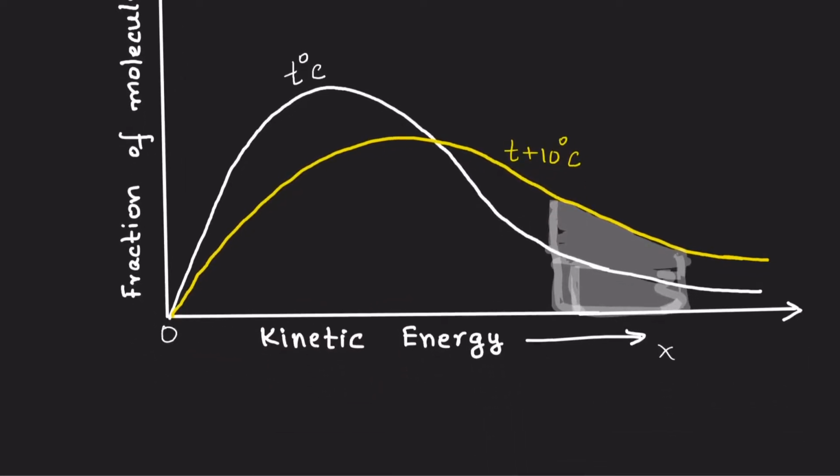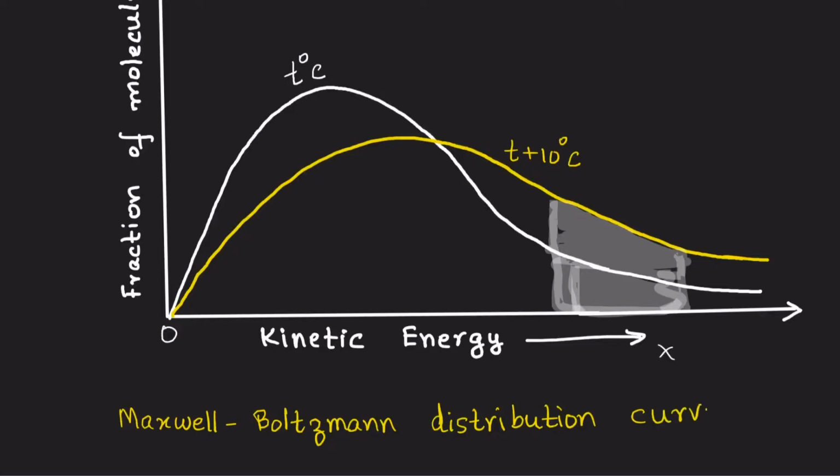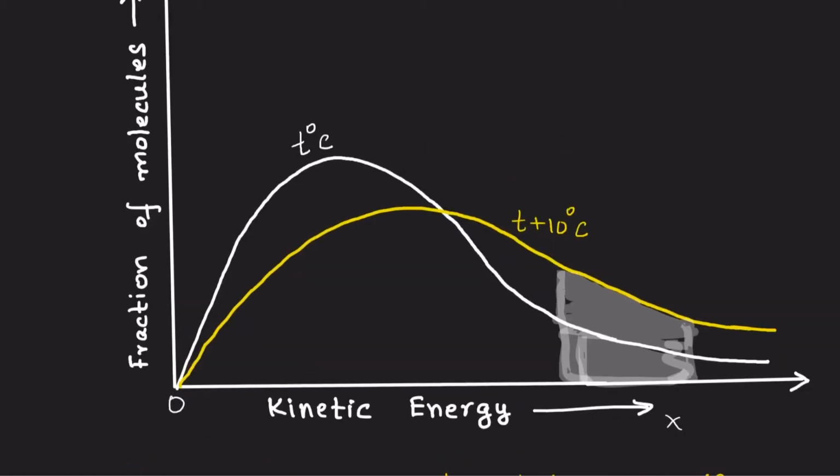Have you noted down this graph? Yes. And this graph is known as the Maxwell-Boltzmann distribution curve. What is this activation energy, by the way, that I mentioned just now? It's just like the minimum marks that you need in order to be considered to have passed the test, right? So first of all, let's write down this one. Maxwell-Boltzmann distribution curve for the kinetic energy of the particles of a medium, right?